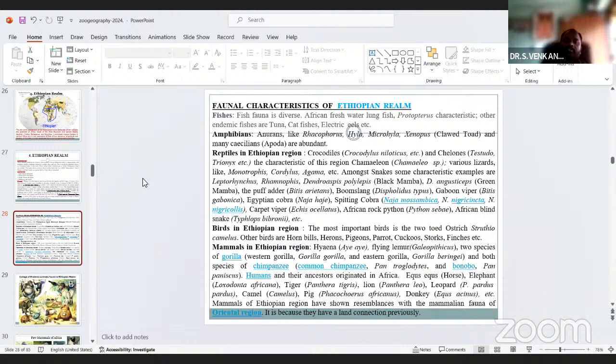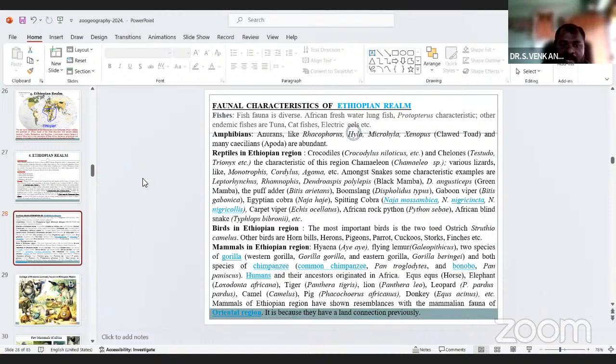Next, amphibians: anurans like Rhinophrynus, Hyla, Microhyla, Xenopus, the cloud toad, and many caecilians are abundant. Reptiles in the Ethiopian region: crocodiles and chelonians, Testudo, are characteristics of the region.